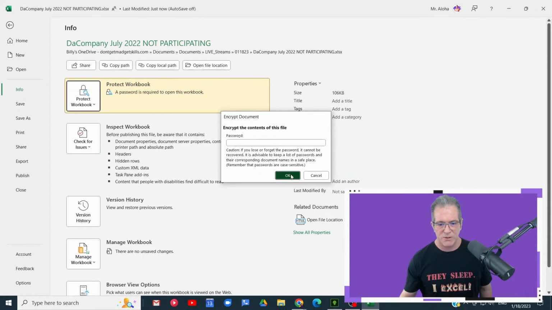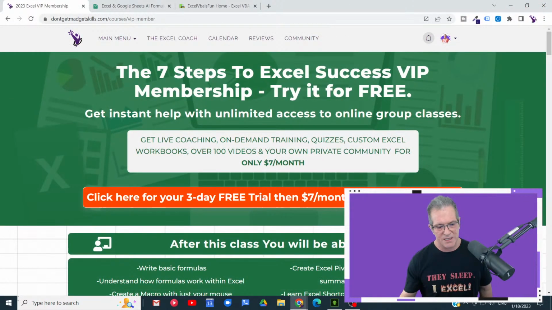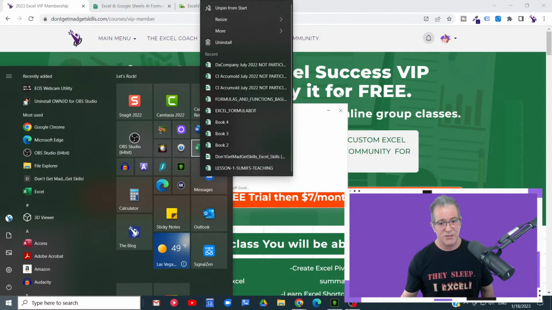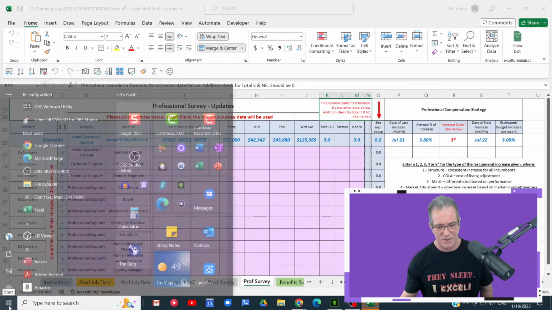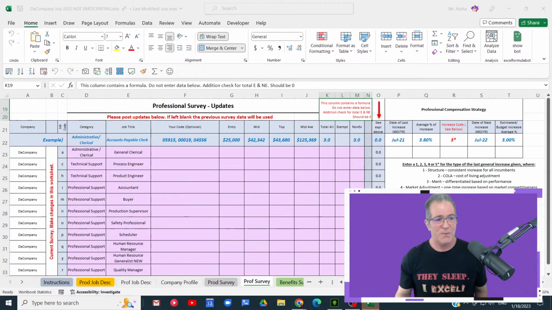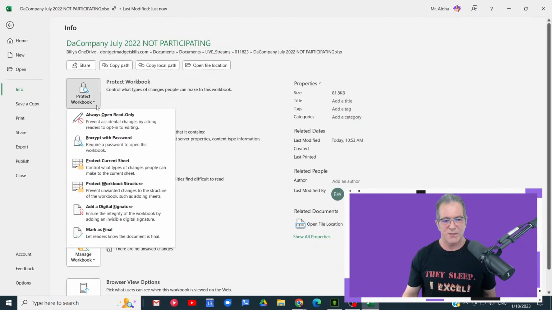Take out the password. Bam. Back over here. Save. Close it again. And now open it, and it should not ask us for a password. There we go. Yeah. So the way that I remove the password is go to File, Info, Protect Workbook, encrypt